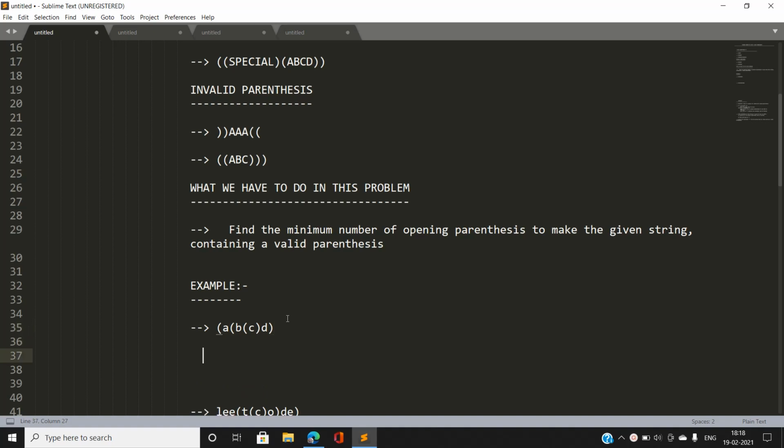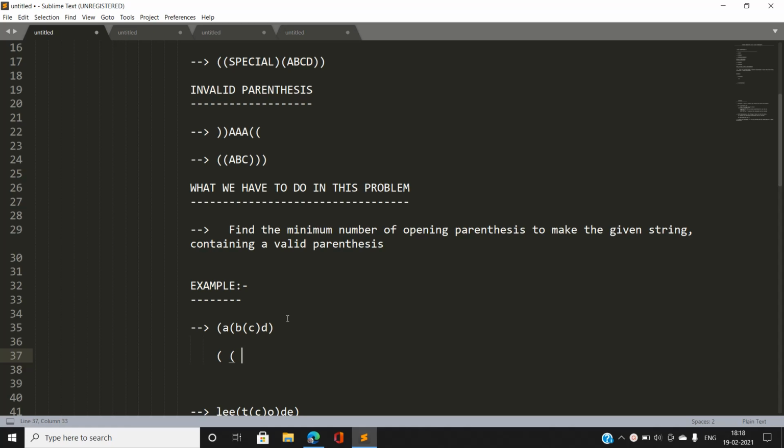Suppose we have encountered an opening bracket. I am going to store my opening bracket here. Then we have encountered a character. It doesn't matter because we do not have to remove characters, so I am not considering this. Then notice that we again have an opening bracket, so let's take that also. Now again you can see we have character B, but I am not going to take this. Now you can see we have a character C, so I am going to leave this also.